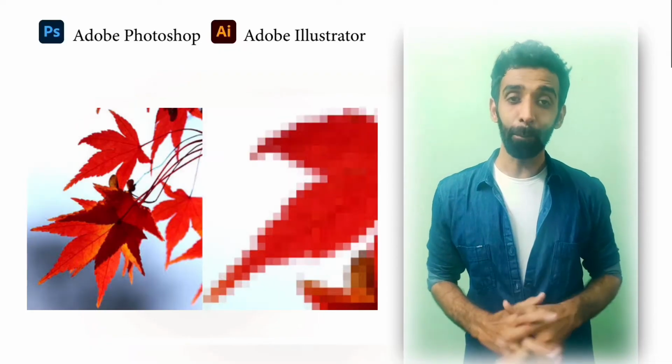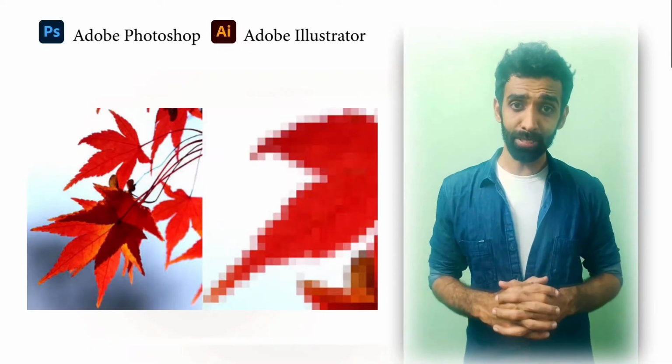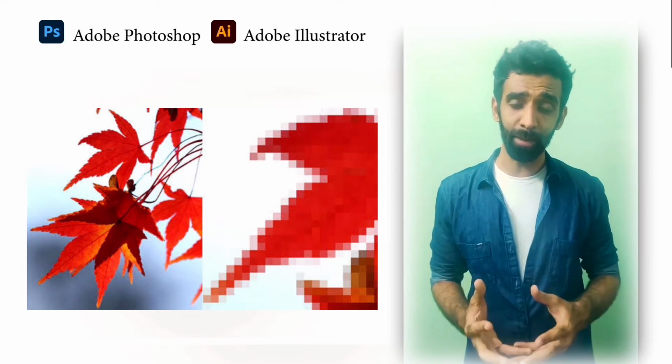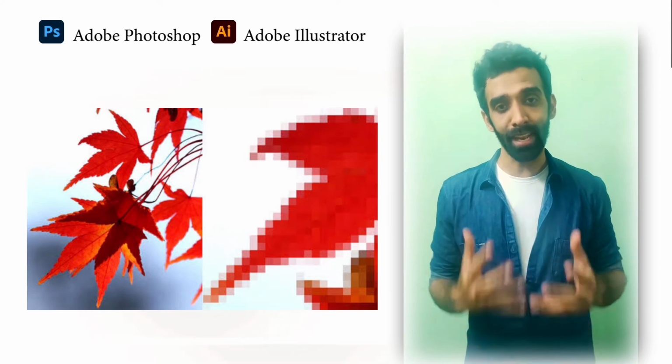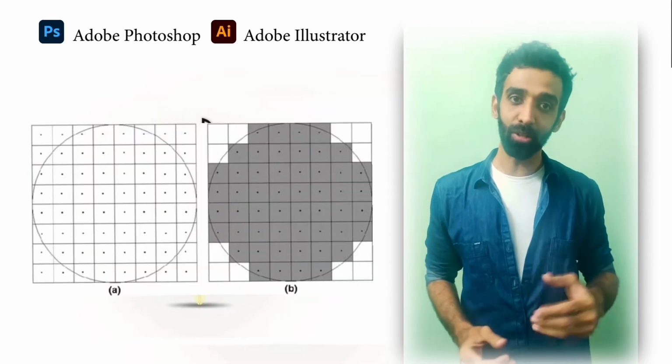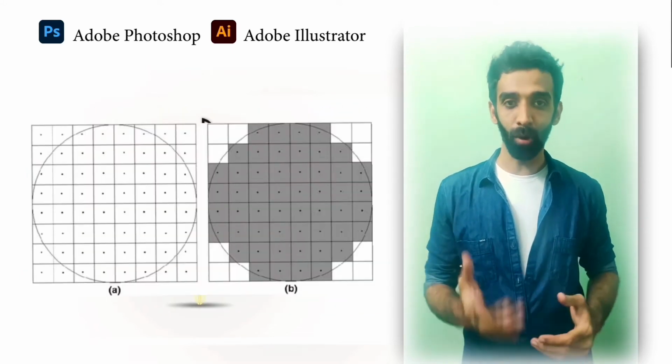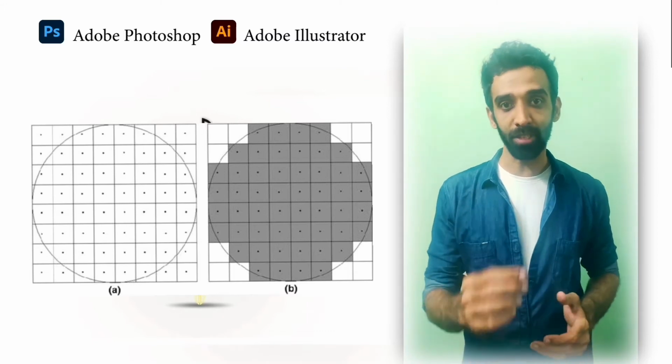Why is it getting pixelated? The total number of pixels in an image is always the same if we enlarge the image. That's the reason the image is being pixelated. In Photoshop, we can also draw lines, curves and polygons only by pixel approximation.